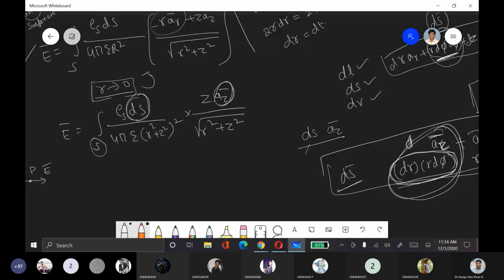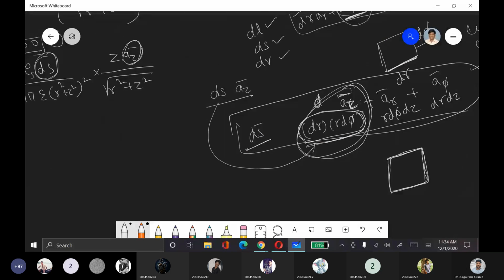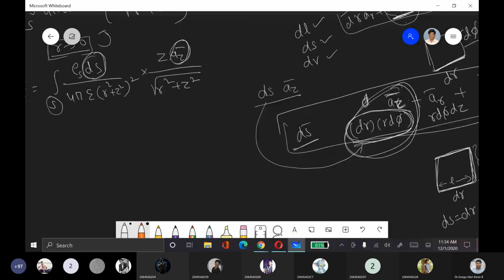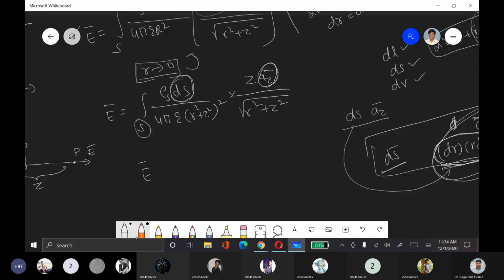This is the surface area of the small part that I have considered. dr is its length, and r d phi is its breadth. So the total value will be dr into r d phi, which is equal to ds. So in place of ds, what I can write here is, E bar is equal to rho S, ds, what I can write is r dr d phi